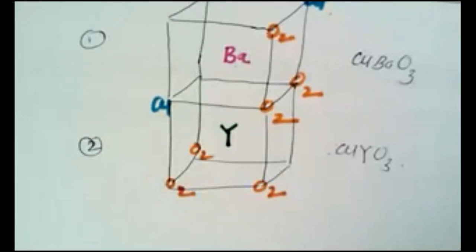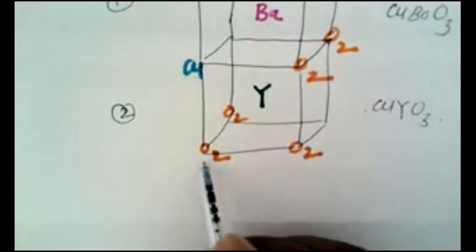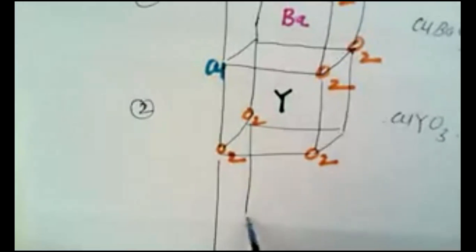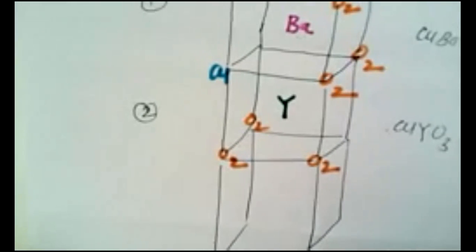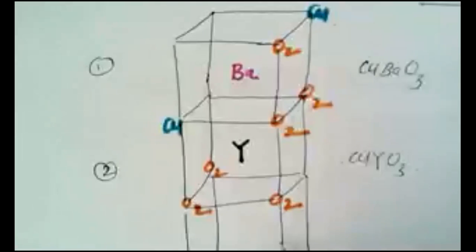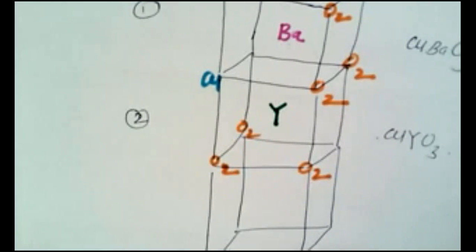So the second cube contains copper and yttrium at the center, which is surrounded by 3 oxygen atoms. Now the third cube that I would like to show here can be drawn like this. I am drawing this structure for this ceramic superconductor so that you can draw the structure during your exam